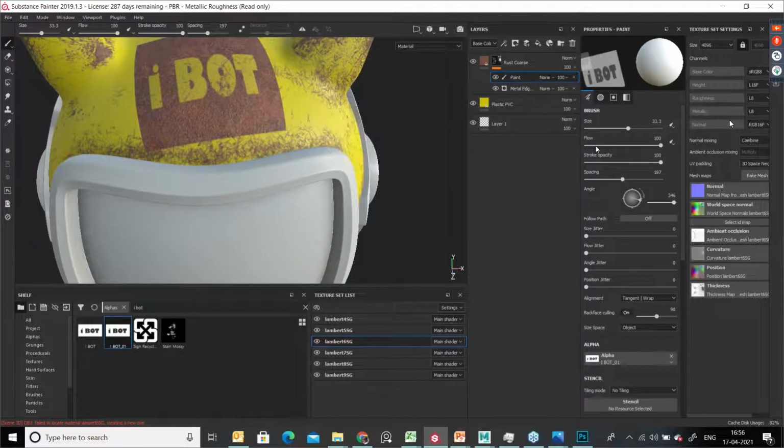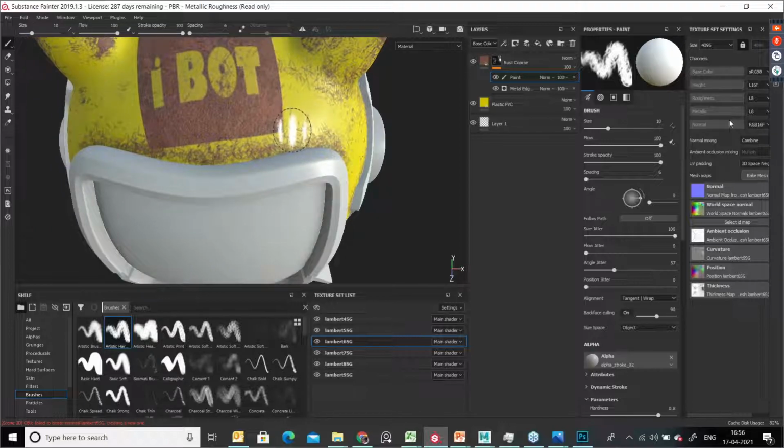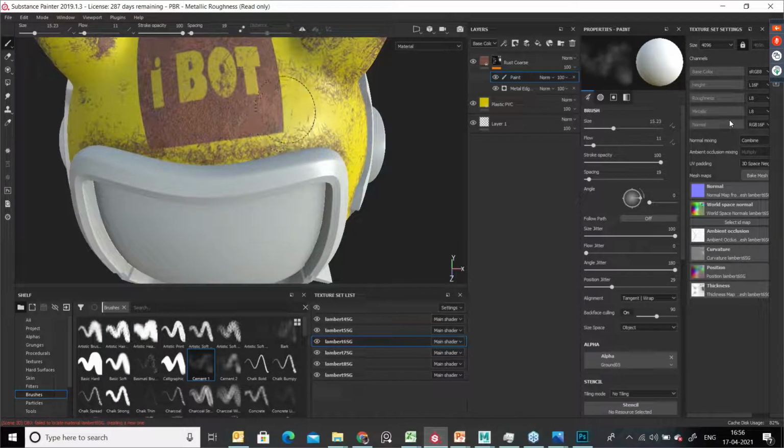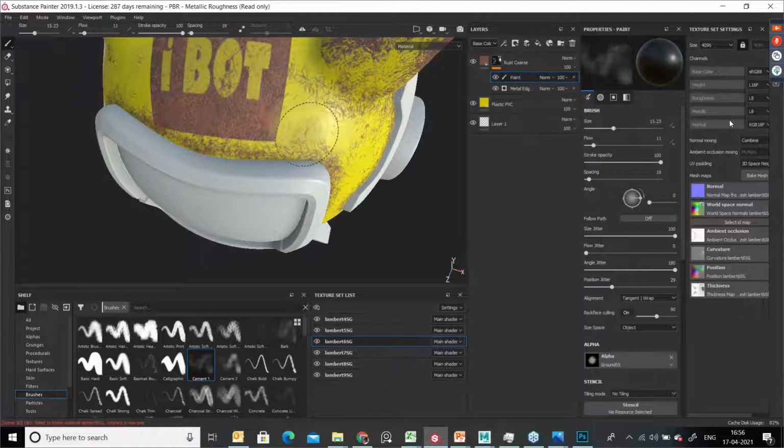Now we can do some changes over here. Choose the brush and apply some nice stroke over here. We get this one. It should remove the texture. See here, this area it's applying a yellow color paint.